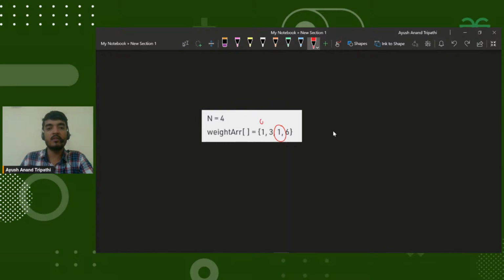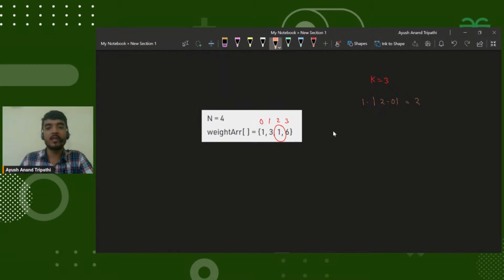Let me write the indices as well: 0, 1, 2, and 3. So we select the value of k as 3. Then the total incurred cost is 1 multiplied by absolute of 3, not 3 but actually 2, minus 0,